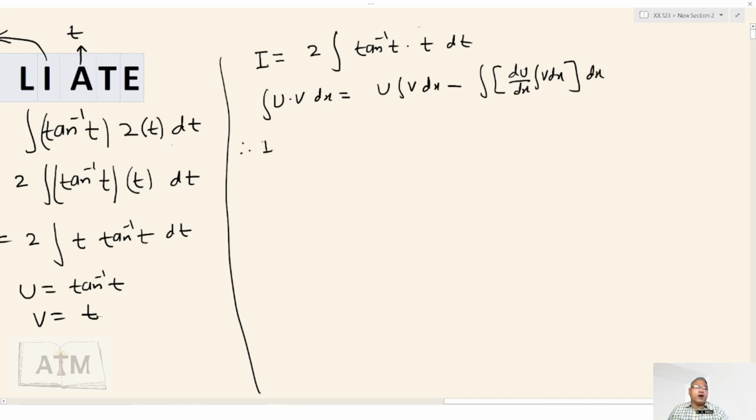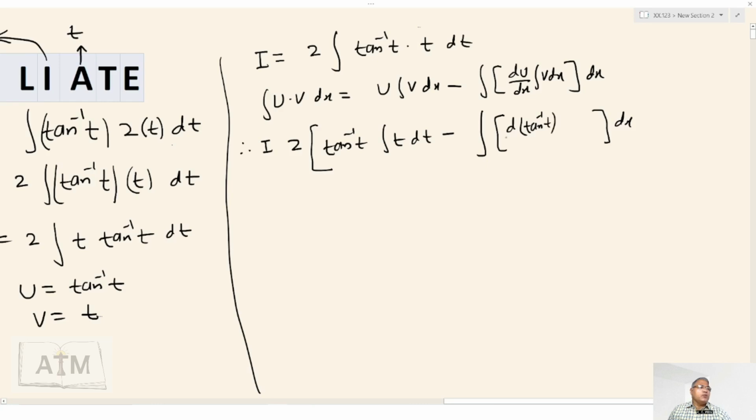Therefore I equals, here we are doing with respect to t, 2 as it is, and now u is nothing but tan inverse t into integration of t with respect to t minus integration of box. Inside the box, derivative of u, that is differentiation of tan inverse t with respect to t, and integration of